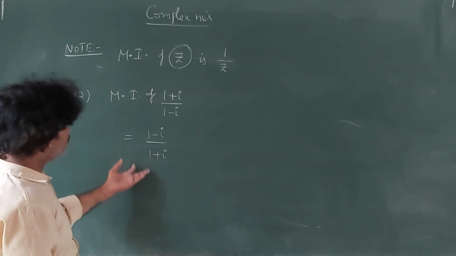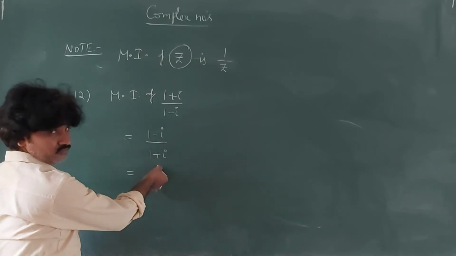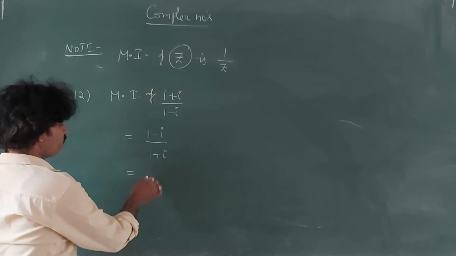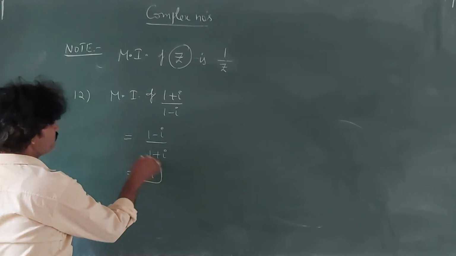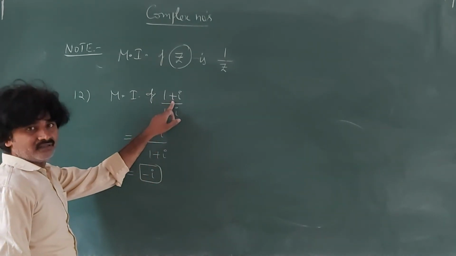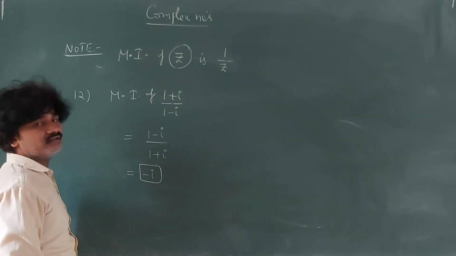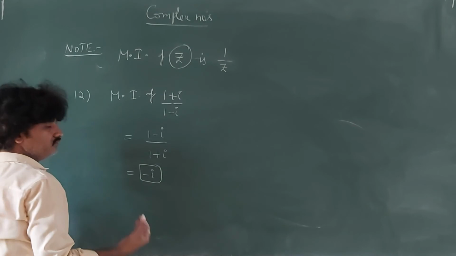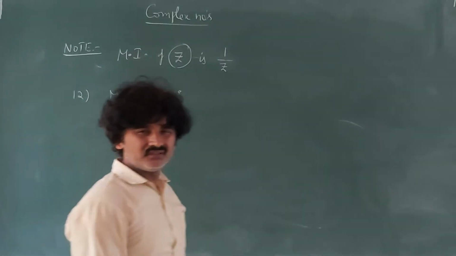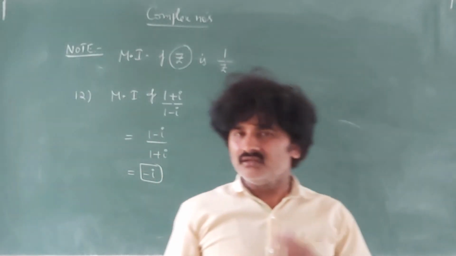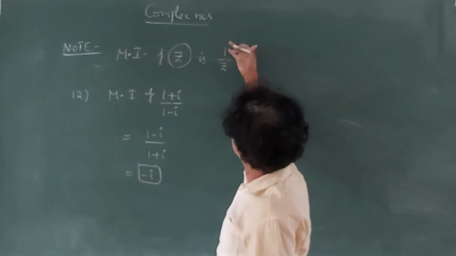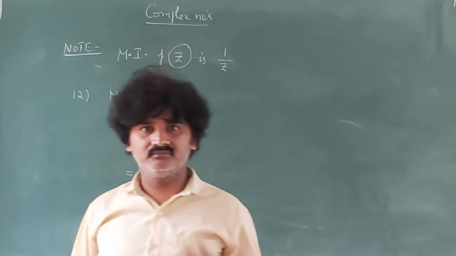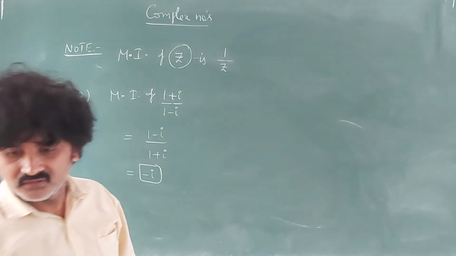But already all of you know this value. Third time I am saying the same. What is this value? (1 minus i) by (1 plus i) is minus i. The value of (1 plus i) by (1 minus i) is plus i, and this value is minus i. So the multiplicative inverse of this complex number is minus i. Not only this, for any complex number, if you need a multiplicative inverse, it means 1 by Z. Later I have to simplify. Leave it.